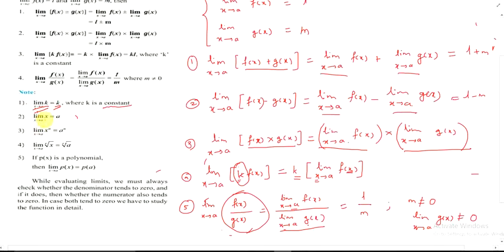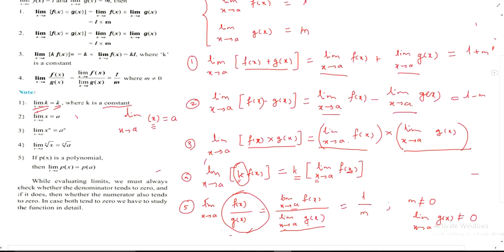But here in the second one, the limit x extends to a of x. Since there is a variable, this limit affects it, and since this is only a plain value x, we can directly apply the limit and get a. That is, x extends to a, therefore we write here x is equal to a. Remember this one.